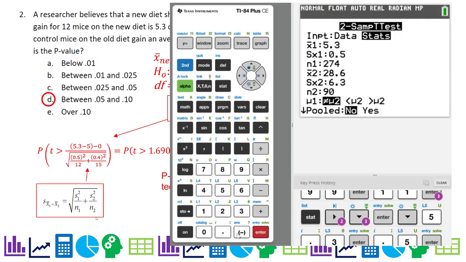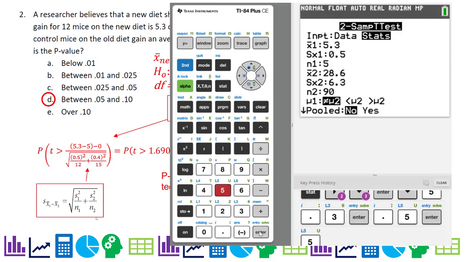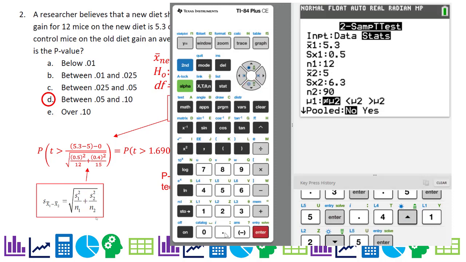And then the old data: the old mean is 5, and the old standard deviation is 0.4. Oops, I've got to put sample size. Sample size for the first one is 12. Sorry about that. And then we'll put in the old mean, which is 5, and the old standard deviation, which is 0.4, and the old diet was 15 mice,